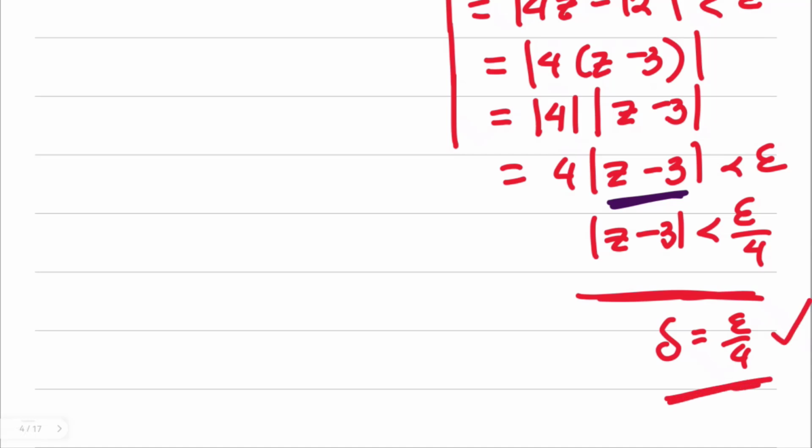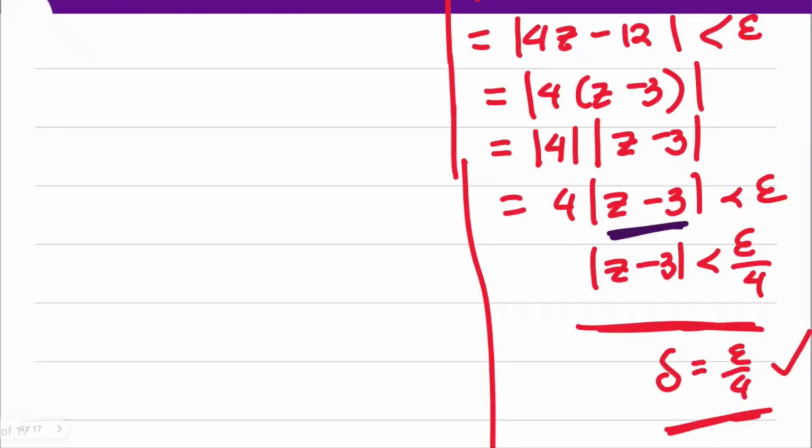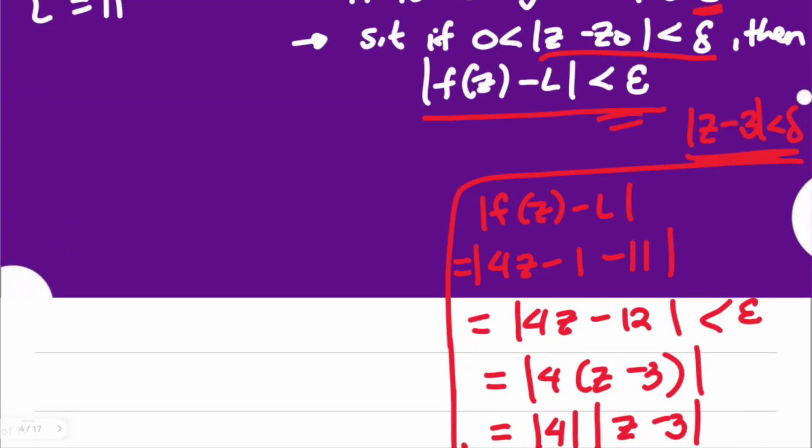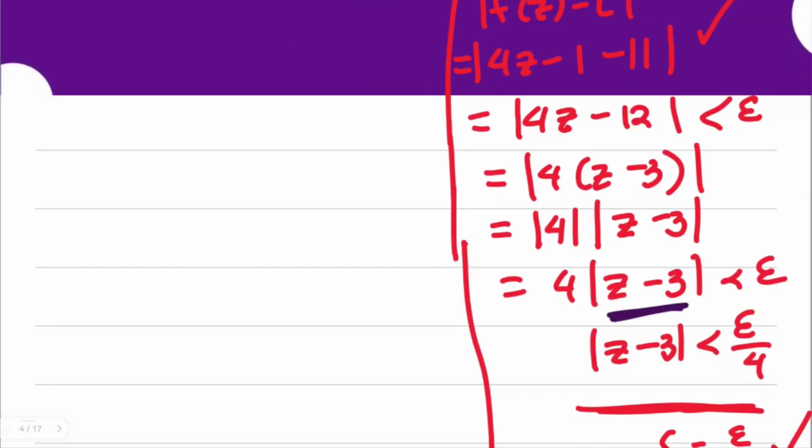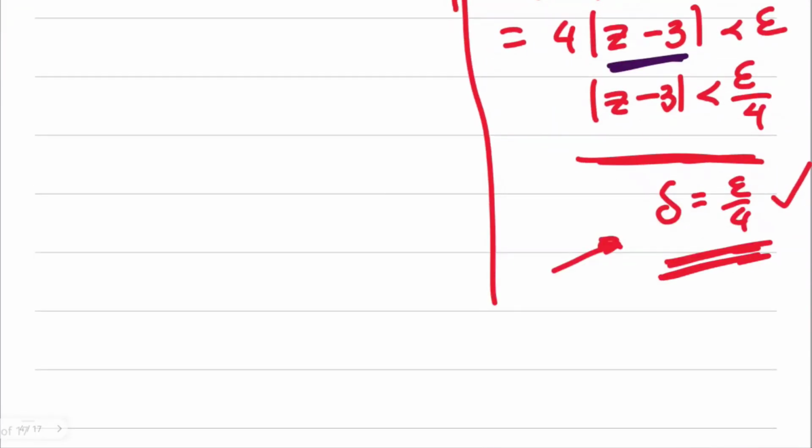Okay, so this would be the direction. Our goal is to show a proof that would pattern to this. We're going to have our claim, delta equal to epsilon over 4, so that we will reach our goal of showing that the absolute value of the difference of your function and L is less than epsilon. Again, this red portion is just scratch work. You may not need this if you would like a direct proof of this item, but we need this so that we could assume a correct value for our delta.